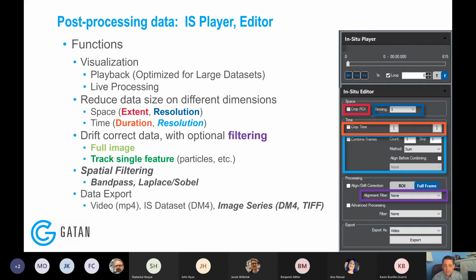We can filter the full frame, we can filter an ROI, we can drift correct, we can track particles. So lots of capabilities built into this, and you can mix and match. So you can decide you want to crop in time and bin in space, or you want to do drift correction and crop in space and combine frames or skip frames. So yeah, it's an extremely powerful tool. And this is probably the single largest feature of Digital Micrograph that lets you get directly to the results that